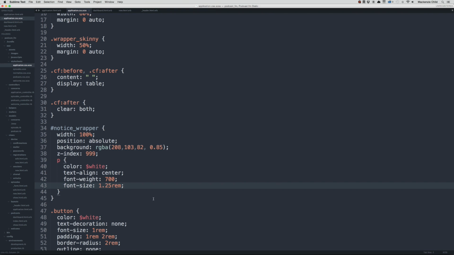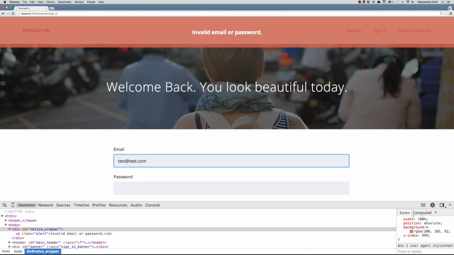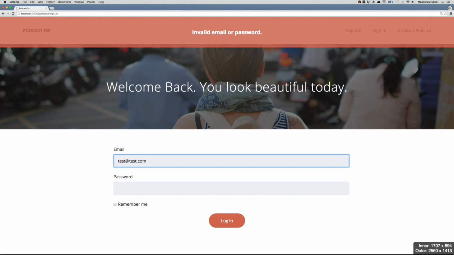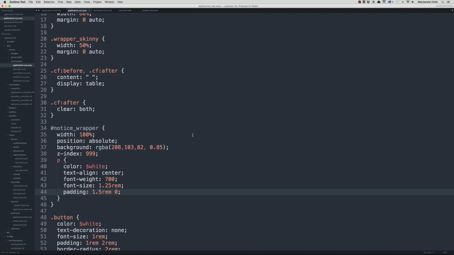Awesome. It's looking good. And let's add some padding. Let's do 1.5 rem top and bottom and 0. See how that looks. Perfect. So this is what the notification looks like. But I want to go one step further, and what I'm going to do is I'm going